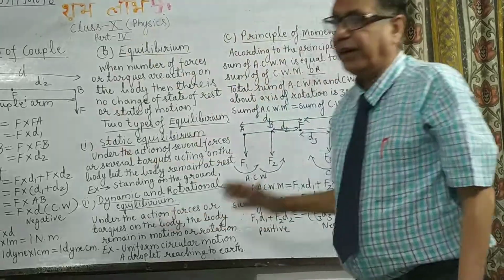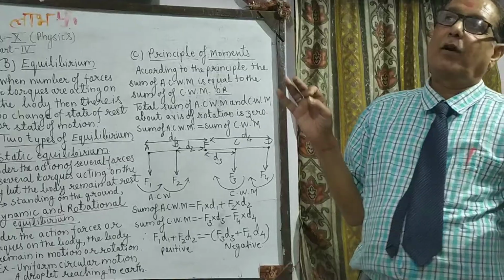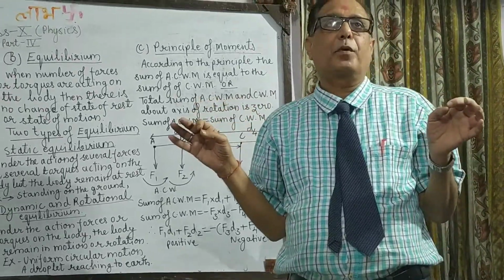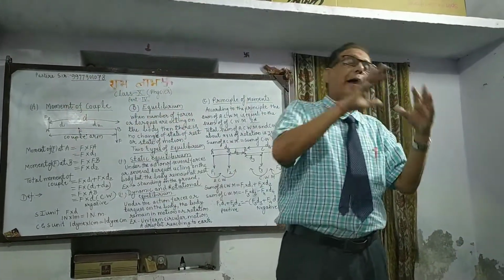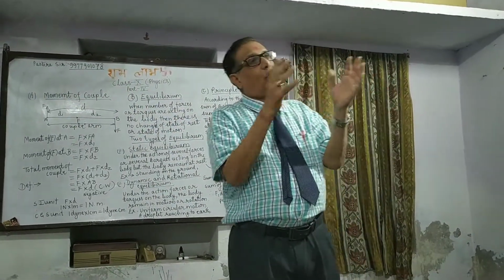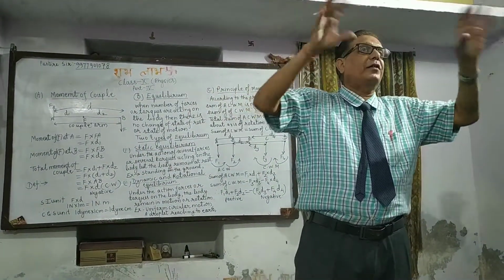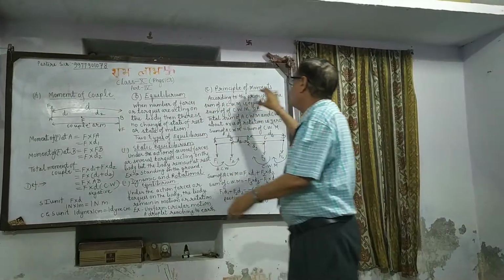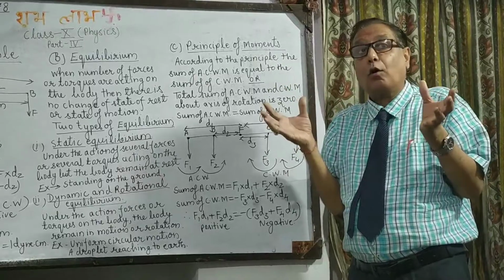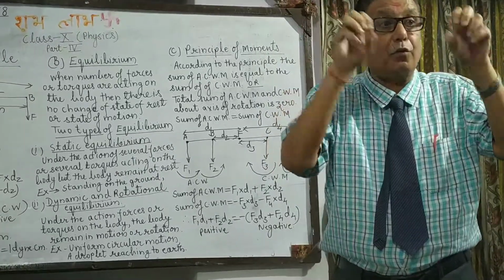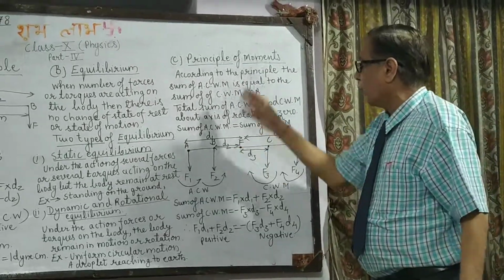After reading all these things, we come to the conclusion that there should be one formula for the numericals, because there are several bodies on which we apply forces in different directions, and those forces can produce clockwise and anti-clockwise movement also. There should be a relation between anti-clockwise and clockwise. So the principle of moments indicates the relation between the clockwise and anti-clockwise effects created by several forces which you apply on a rotating body.